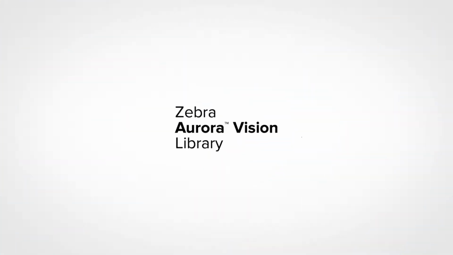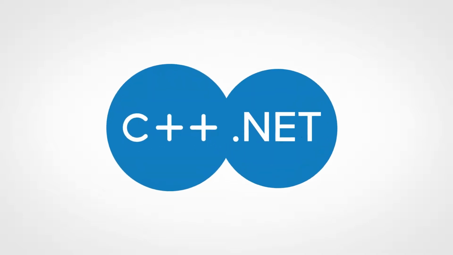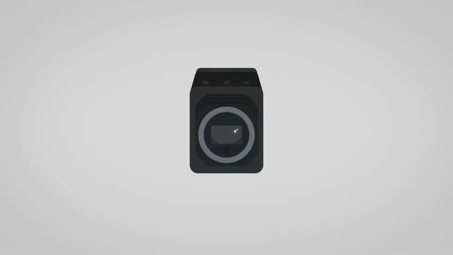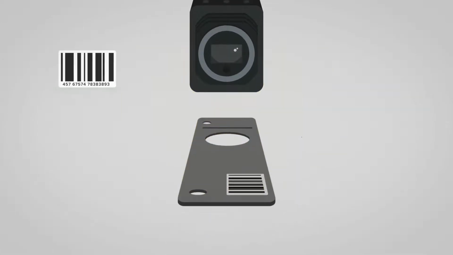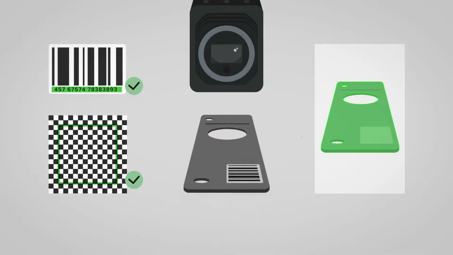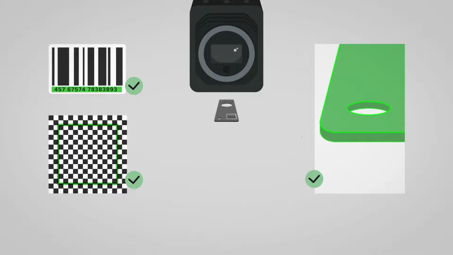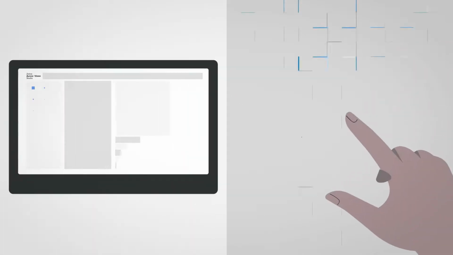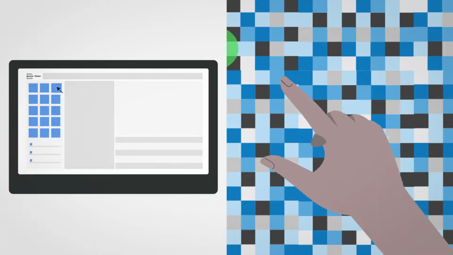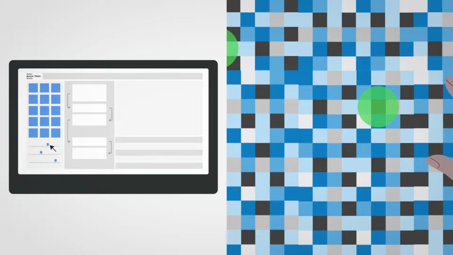With Zebra AuroraVision Library, imaging apps and user interfaces can be created from scratch. The library has over 3,000 functions for image analysis apps, from basic barcode capture to remote camera calibration and 3D measurement. Using our AuroraVision Studio and library together, you can quickly prototype machine vision apps and swiftly convert them to